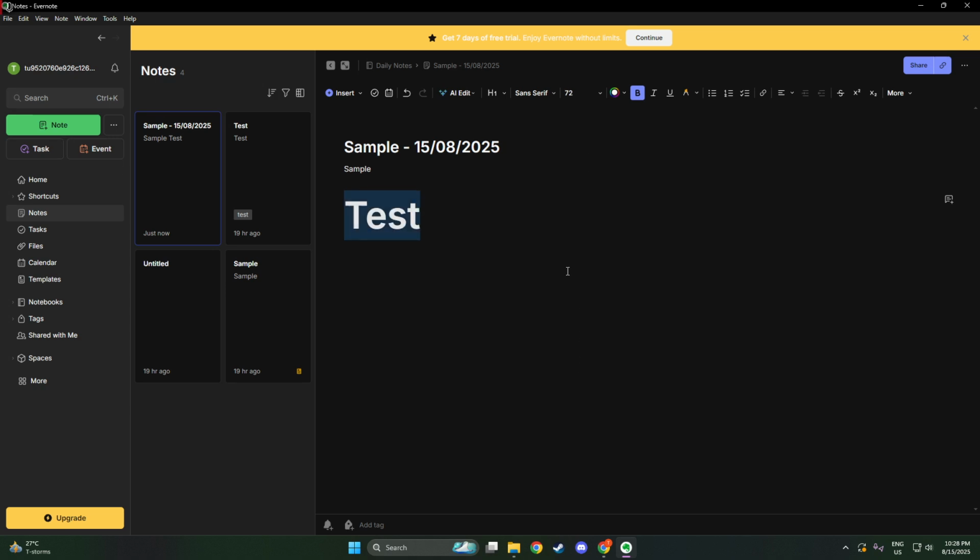Once you've located the font size dropdown, click on it to reveal a list of different size options. The numbers you see indicate the point size of your text, and you can select from a range of sizes to fit your needs. Choosing a larger number will increase the font size, making your text more prominent and easier to read. For instance, if your text is currently set at size 12, selecting 14 or even 16 will enlarge